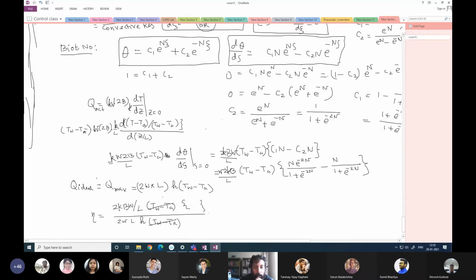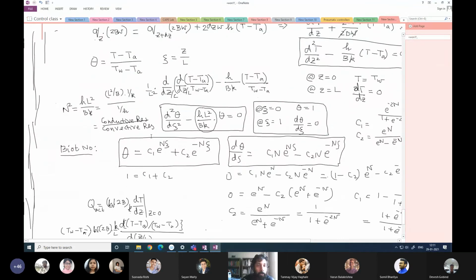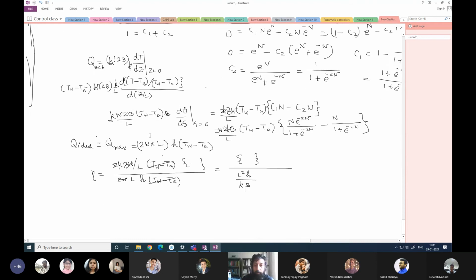This cancels and 2W cancels. So it becomes this thing divided by L square H by KB. So L square H over KB is n square. So this becomes